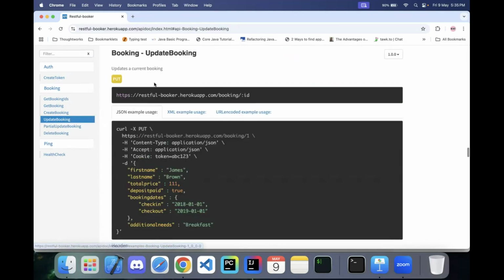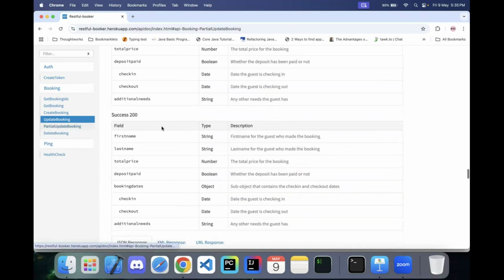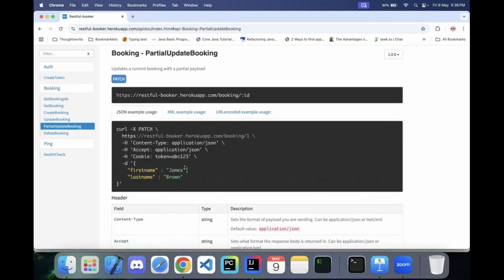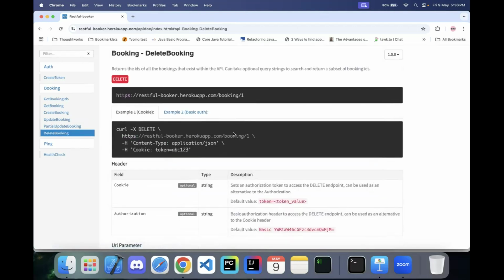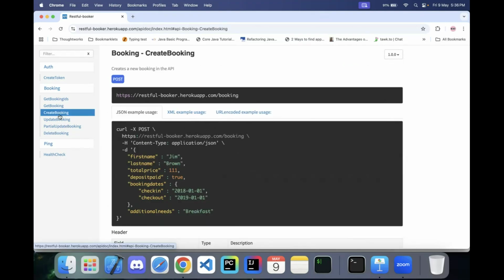In update, you can update all of the fields. In the partial update, there is a patch API which is used for updating the details partially in the bookings. And finally, the delete booking API is used for deleting the booking. If we talk about creating a test strategy, basically an automation test strategy for performing end-to-end testing for these APIs, considering all of these APIs, we can come up with a test strategy to perform end-to-end testing as follows,